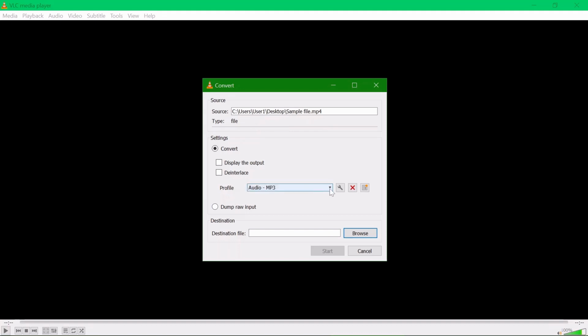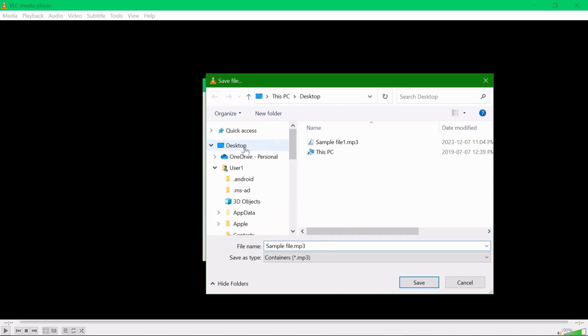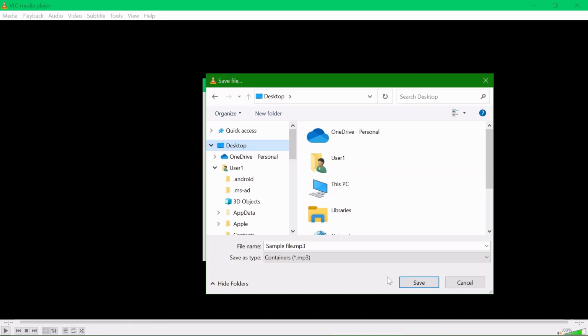Then we have to select the target file, and we go down in the menu and select audio MP3. Then the last thing we have to do, we have to select the destination folder for the file where we have to save it, and the name of the file, of course. In this case, I'll just change the name to MP3, and again select the desktop for the destination and click save,